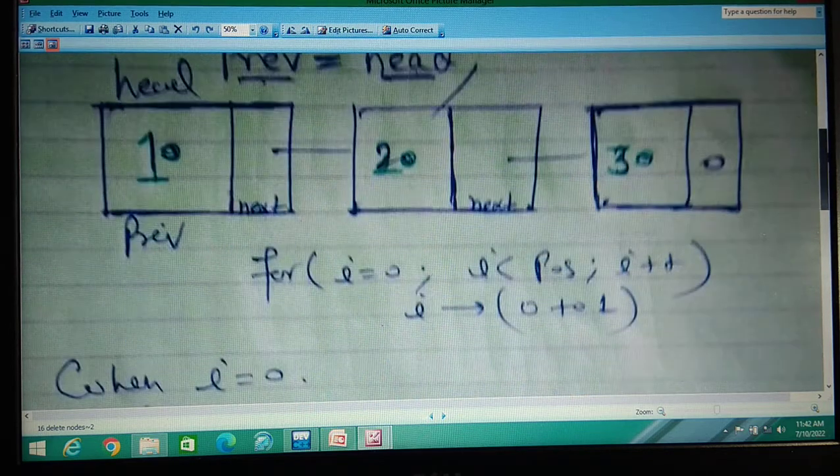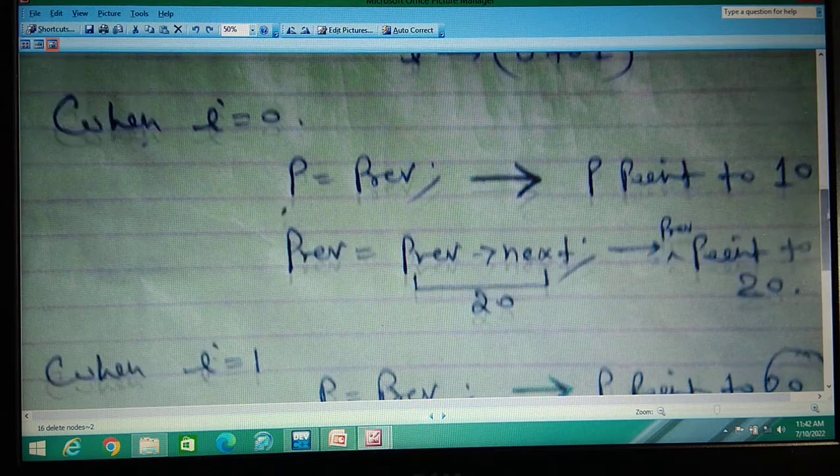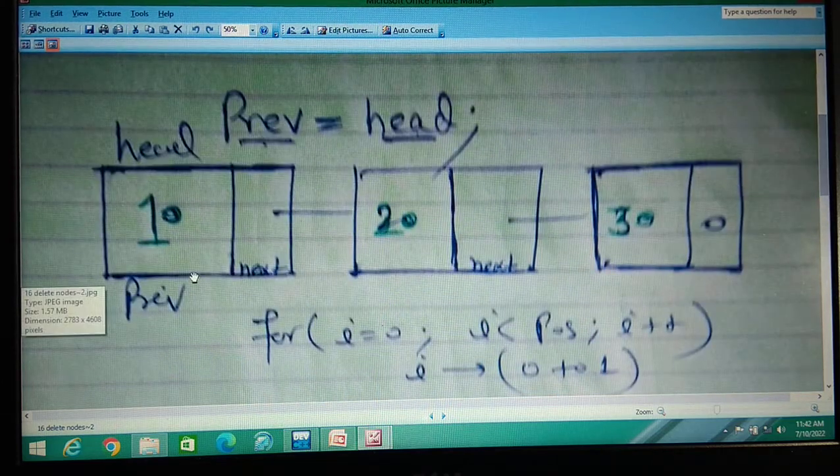So the meaning of this is that PRV is pointing to P. The next line we have written is PRV dot next. This is PRV, and it is the next address of this.